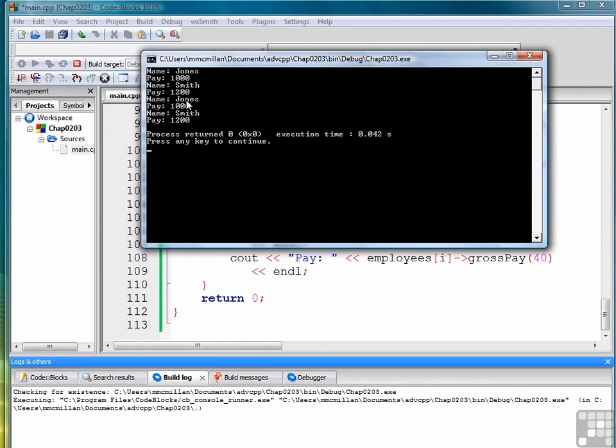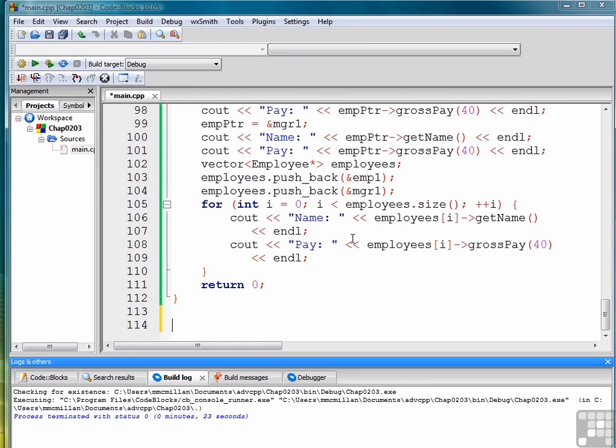And so the second set of names and pay are coming from the vector, and you'll see that it is still finding the right function to call based on the type of object that it comes across. So now you see the advantages of polymorphism. By making our functions polymorphic, we can store objects of any type, be it of the base class or the derived class, in a single container, and then call the correct function for that object based on the type of object that it is. And that makes our programs much more flexible, especially when we're dealing with objects of related